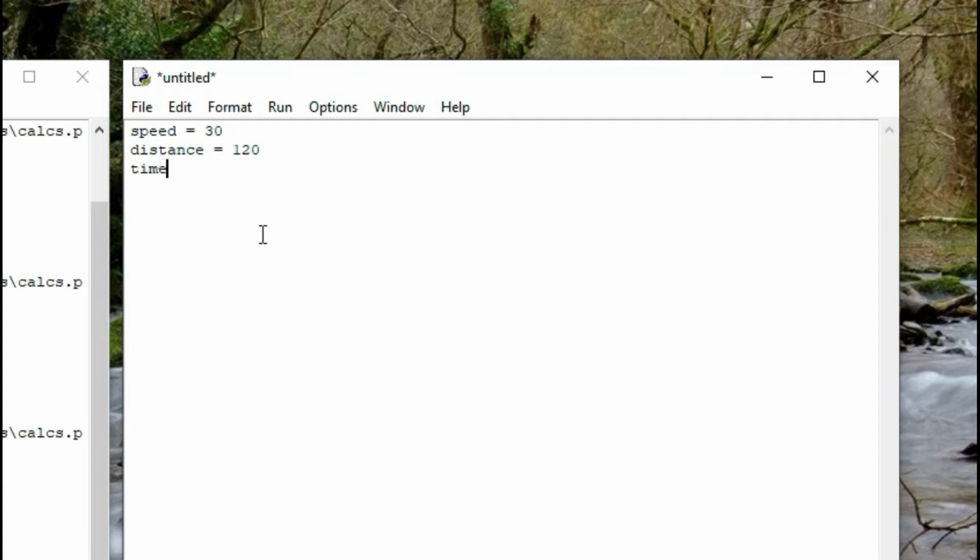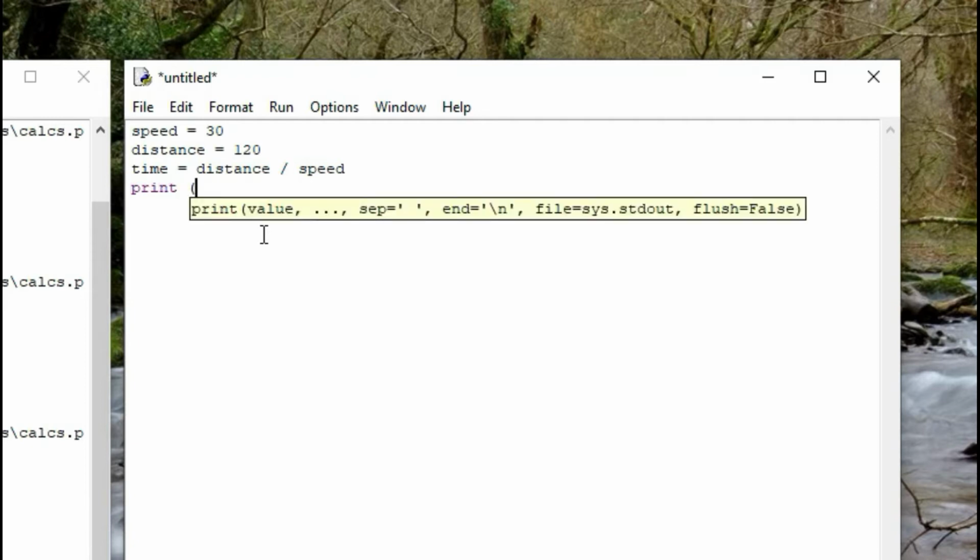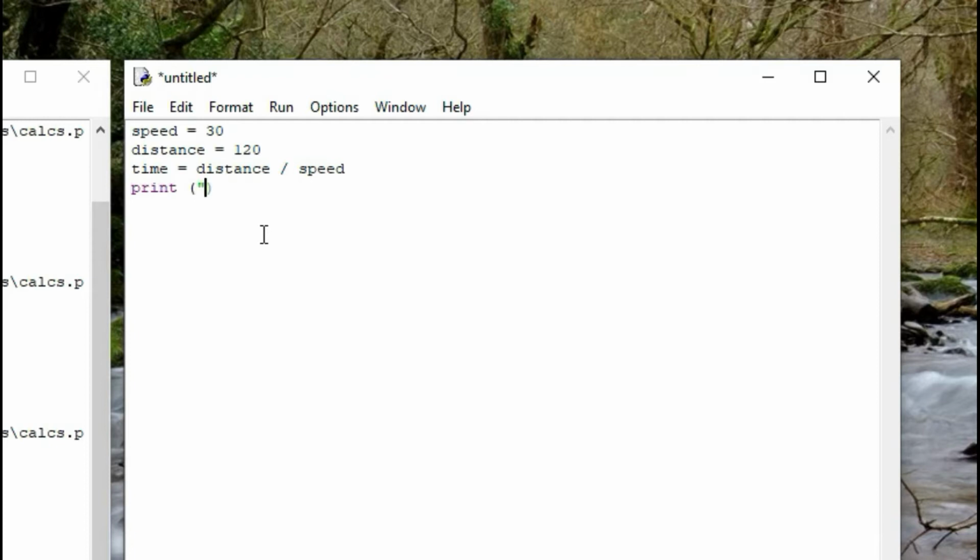So we could say time equals distance divided by speed, and then finally we can print out our time taken equals, curly braces time, and I'll just put the F to say I want to use a format string, and now if we run that one,